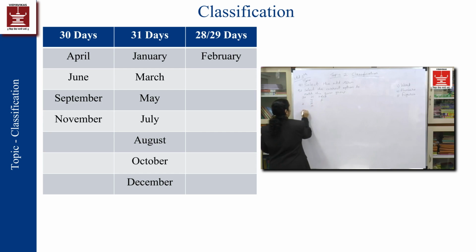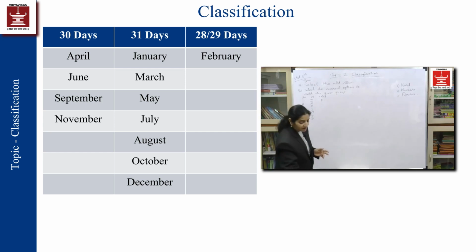May, June, July, August. You need to remember that July and August consecutively, okay, they are under 31. So July, August, September, October, November and December. So this is the sequence. We know that in the entire year you have only 4 months which have 30 days, whereas 7 months have 31 days, and it's only 1 month which is either 28 or 29. This is the basic knowledge that I have about the calendar.